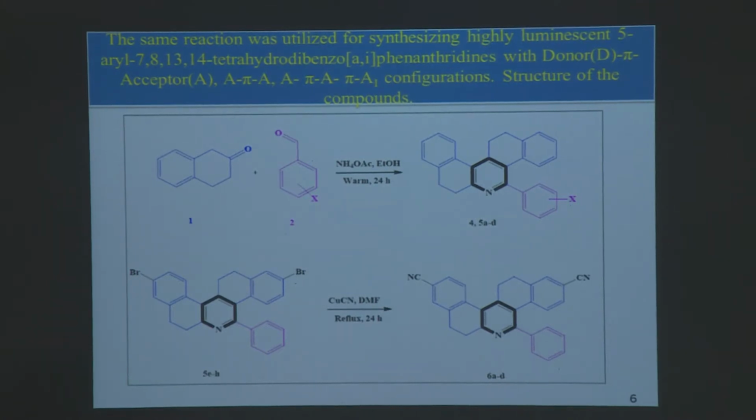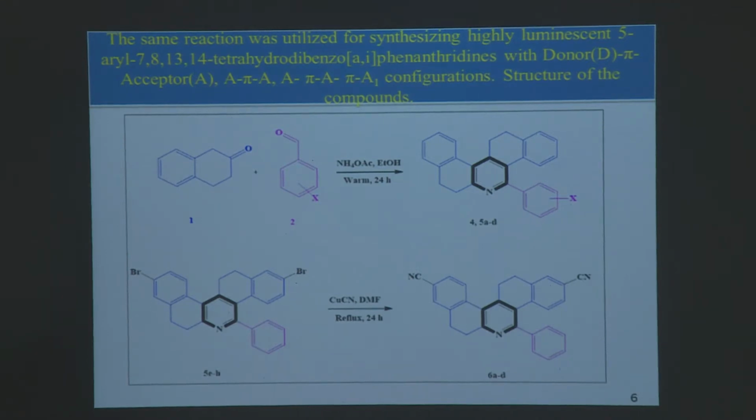We prepared a molecule without this benzene ring, then with the benzene ring alone, and then we went for substitution in the benzene rings. We went for 4 substitutions, that is O-methyl, NN dimethyl, NN diethyl and nitro. Out of these, nitro is the withdrawing group, that is, the acceptor group.